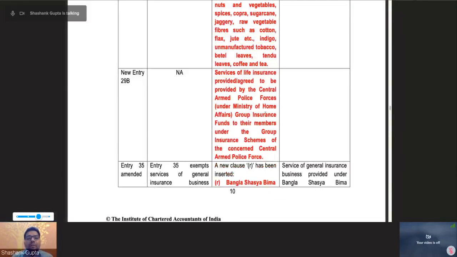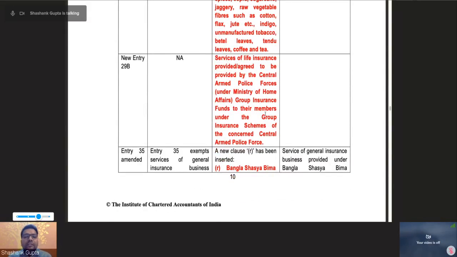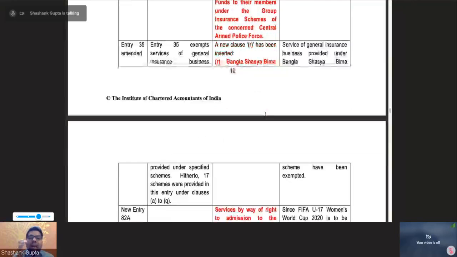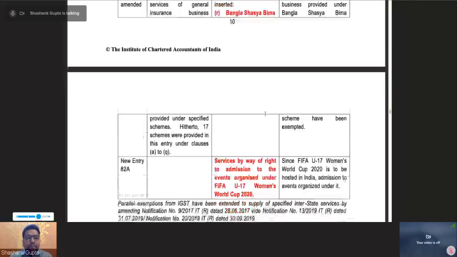Next, the Central Armed Police Forces have a group insurance fund specific to their members, and the services of life insurance extended by this fund have been exempted from GST. Next, Bangla Shastra Bima is a scheme of general insurance, and this has been exempted from GST. Next,